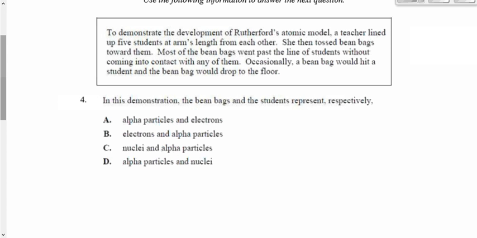But anyways, she's throwing beanbags at students, and we want to simulate a Rutherford gold foil or alpha scattering experiment here. What would the beanbags represent? The alpha particles. And what would the students represent? The nuclei, right? The nuclei of the gold atom. So the answer for that one would be